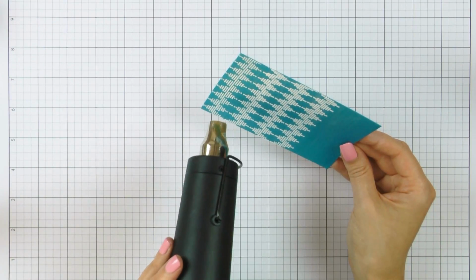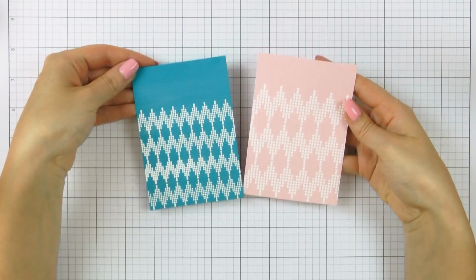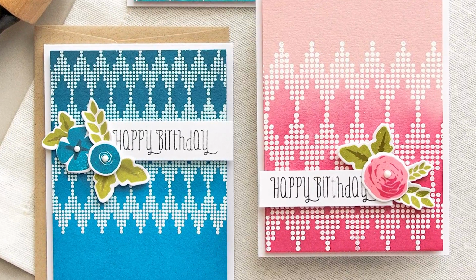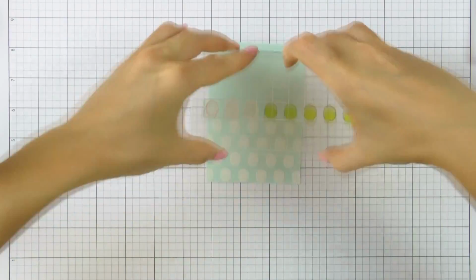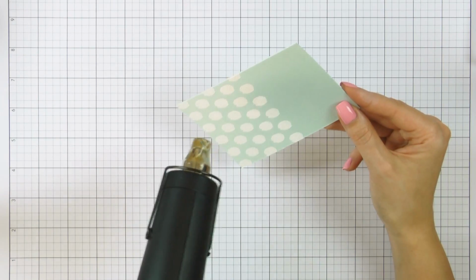And once again, I'm using my heat tool and going to heat set this. So here are 2 of my backgrounds side by side. I just love this dotted chevron design. I find it to be very modern and versatile. I'm also going to stamp another piece. This time I'm using a dotted pattern and repeating all of the steps to create a heat embossed piece for my